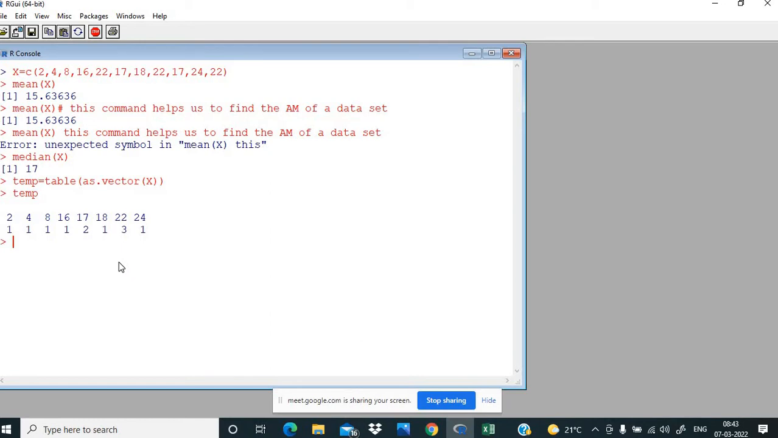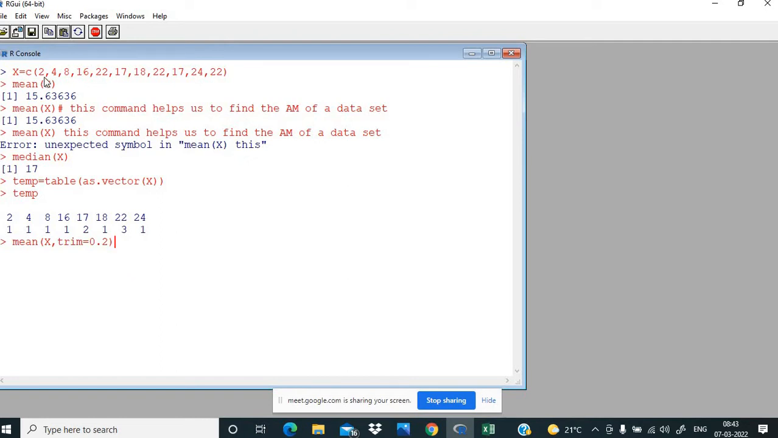In trimmed mean, we trim some values. We have to decide earlier how many values are to be trimmed. Generally, this is expressed as a percentage. For example, we use the command mean, and then we give capital X, that is the mean of X, but then we use trim equal to 0.2. That means 20% of the values will be trimmed both from the top